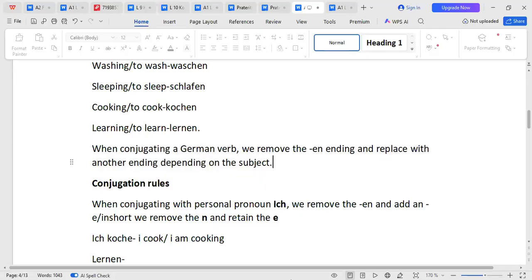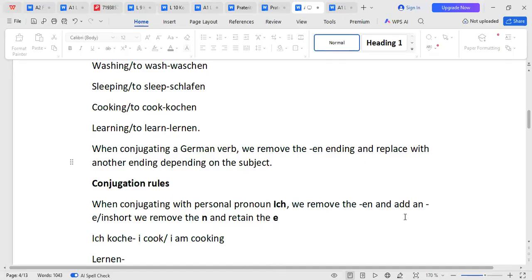Yeah. And that one will bring us to the, sorry. Yeah, very good, Bernard. And that one will bring us to the rules of conjugation, which is very, very important. Very good, Bernard, for knowing it. So it is important to know the rules of conjugation. That is when you can know how to handle German.